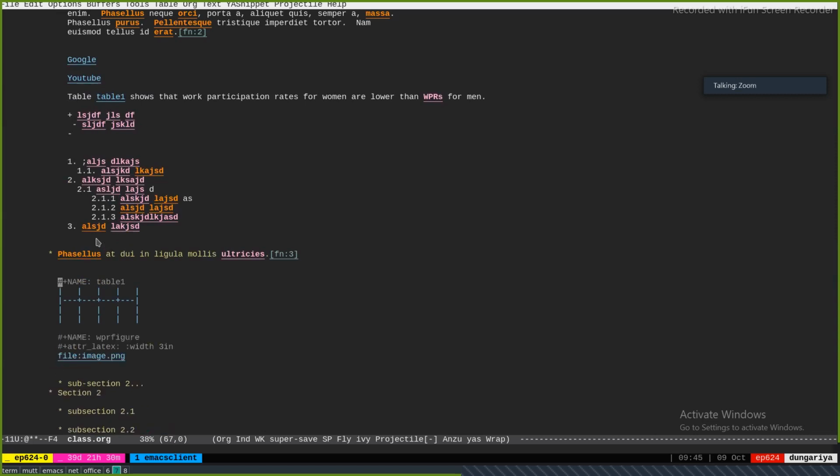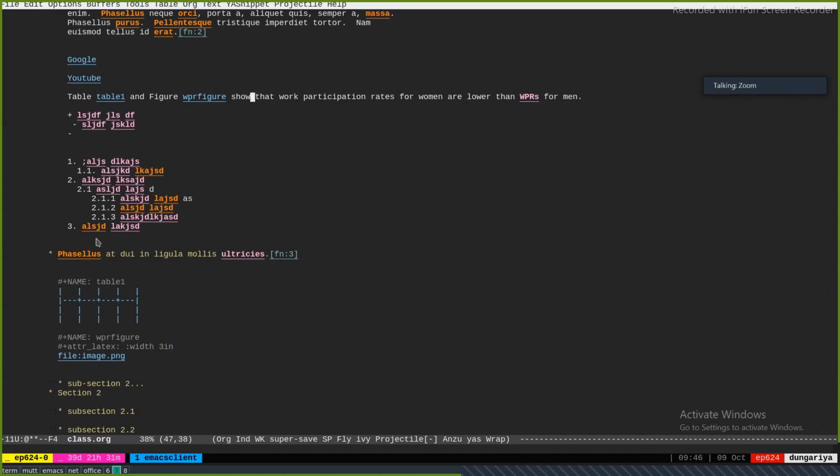I can say table this and figure WPR figure show that. Now this will become table 1 and figure 1, or whatever is the sequence in which they appear. If there is another figure before this, it will become table 1 and figure 2.